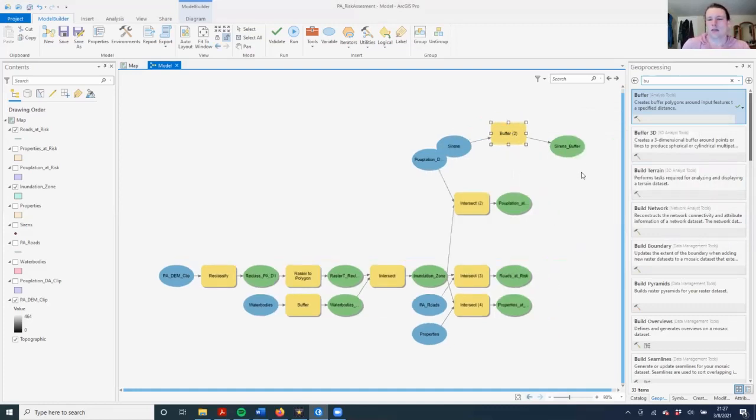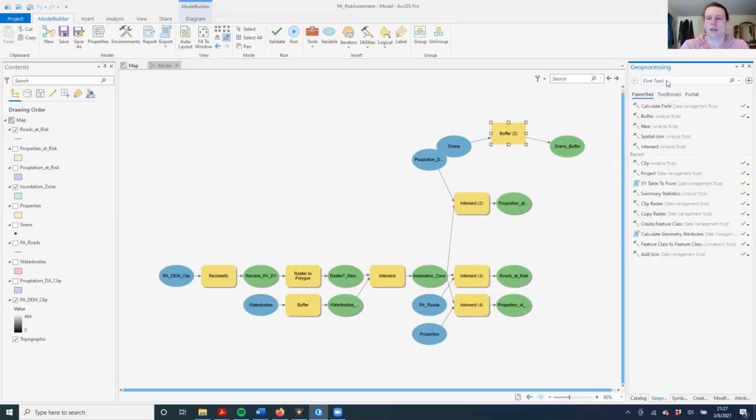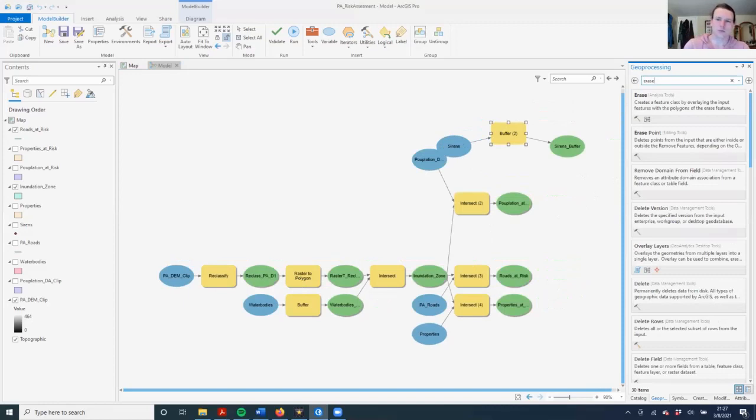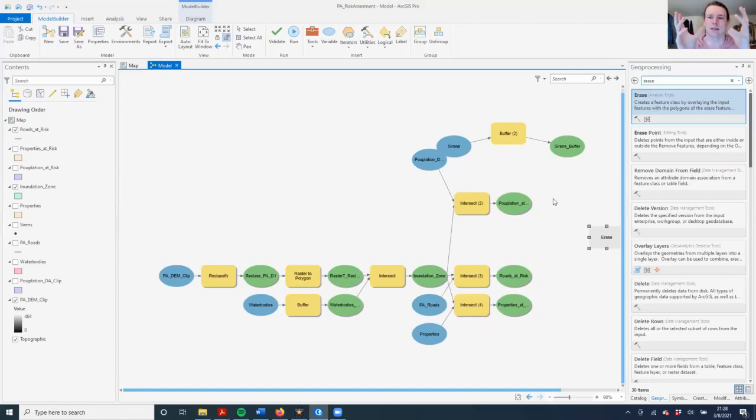And now we've got one more step. After we do the buffer, we're going to use the erase tool. So this tool does exactly what it says. We are going to use this tool to erase the warning siren buffer from the properties at risk layer. So this is going to say any properties that are within range of the warning siren, we can get rid of those properties or those parts of properties. So we'll only be left with parcels, properties that are out of range of the warning siren. So this will tell us,